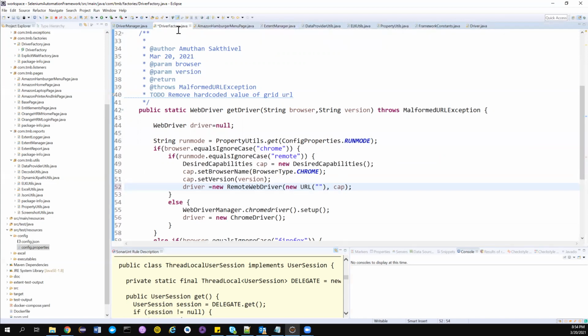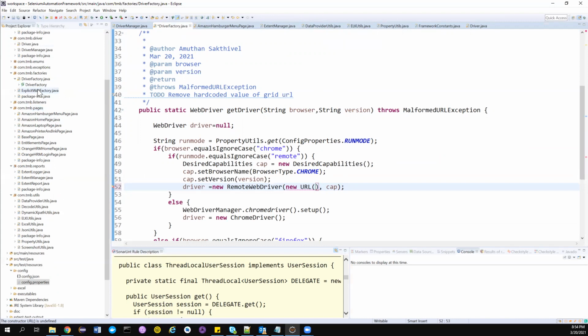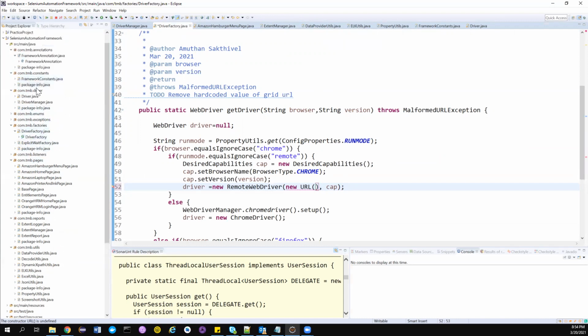Now in my driver factory class, instead of this, I need to read this. To read this, I need to create an enum. Guys, if you are watching just this particular video, you may not be able to understand. You need to watch the entire framework to understand what is going on here. I have config properties that are maintained in enums.